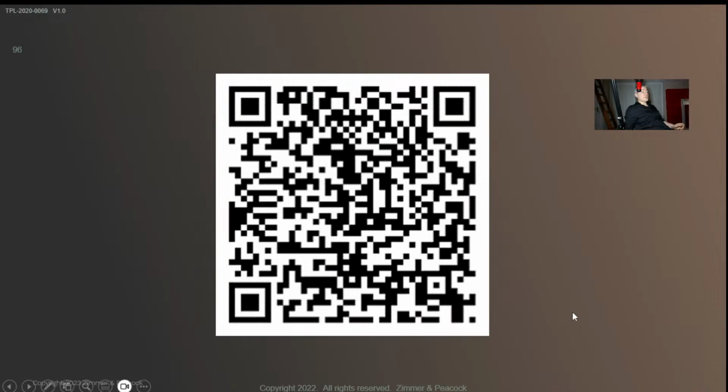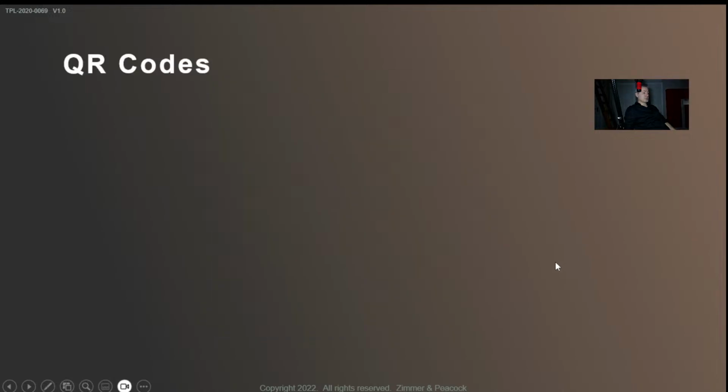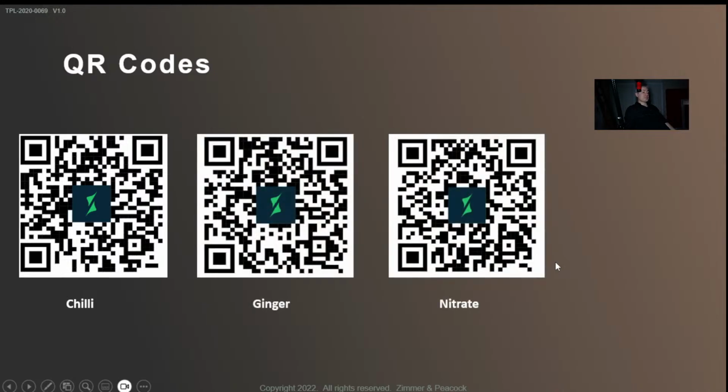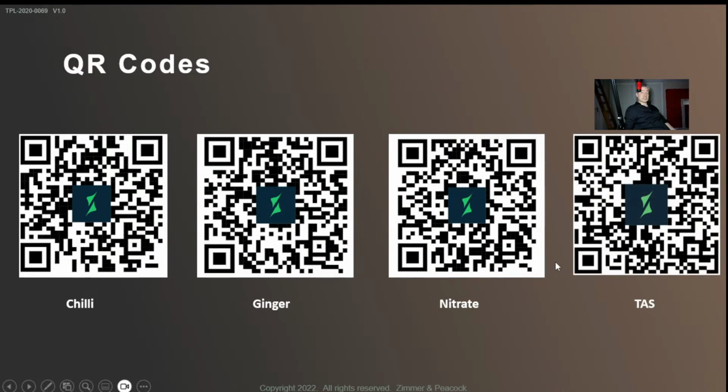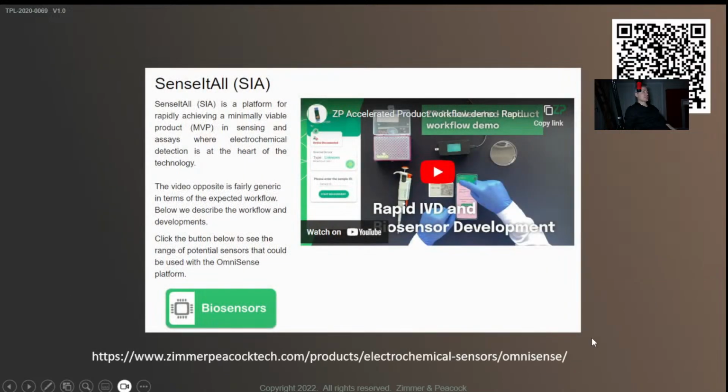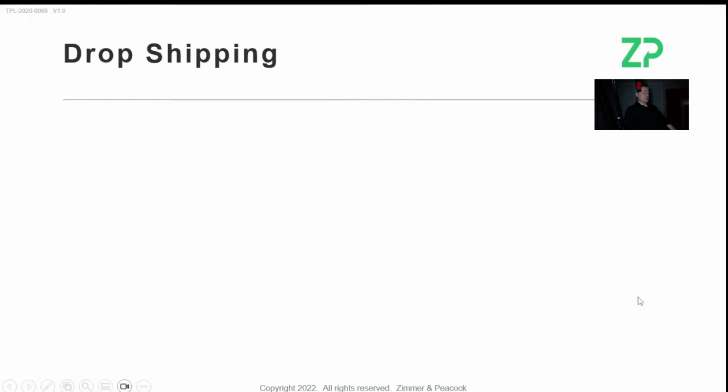Now this is recorded, so later on you can get your smartphone out, especially your Android, and scan that QR code, and it will take you to the Google Play Store, and then the app will actually be able to flick between different assays by just scanning different QR codes. So it's a really nice way of distributing new assays out to end users. And as I say, the whole system is actually cloud enabled as well. So the data's not lost to you. The entire raw signal ends up in the cloud as well, and you can really analyze that.